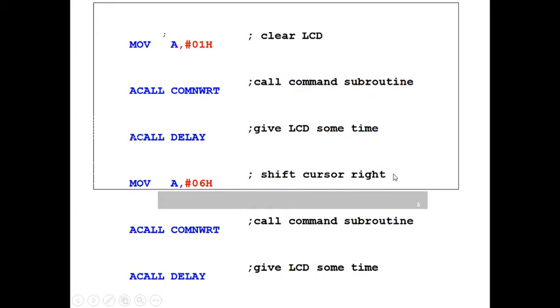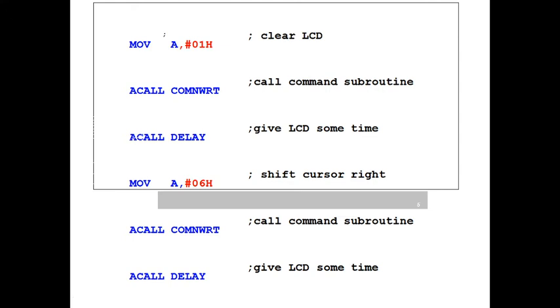For example, suppose I want to display PCCOE. Suppose you choose the first line, first position, means at this location we are displaying P. Suppose you are not shifting the cursor towards the right, then at the same location you are displaying P, the same location C, the same location C, again O, and then E. In this fashion all the characters will display on the same location, but we don't want that type of message.